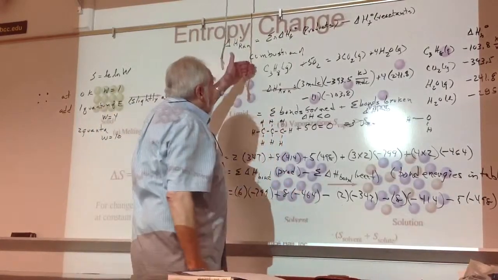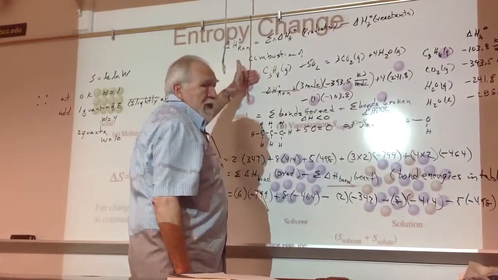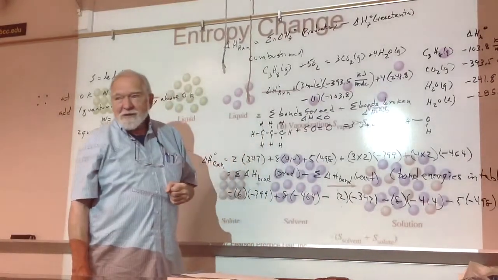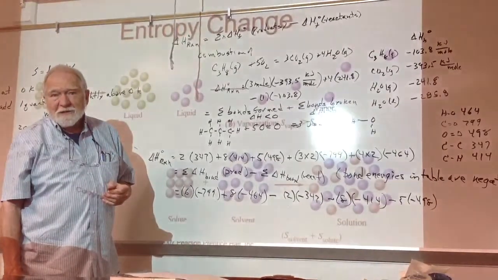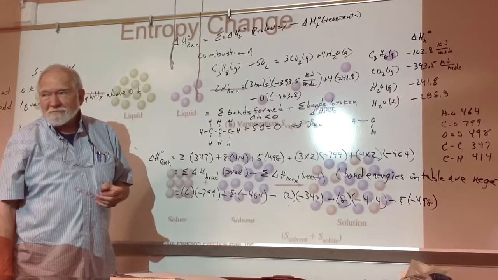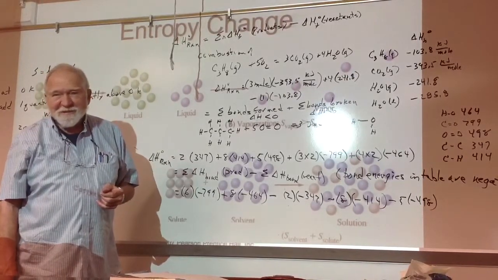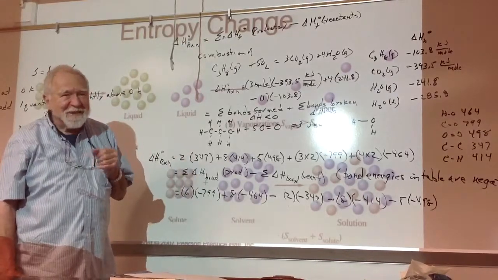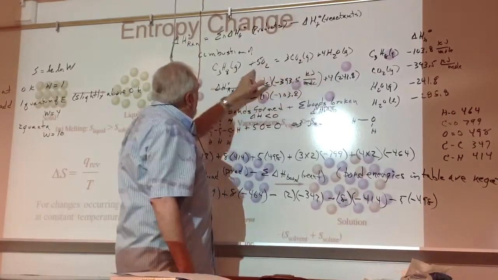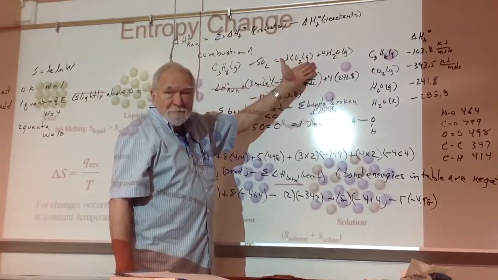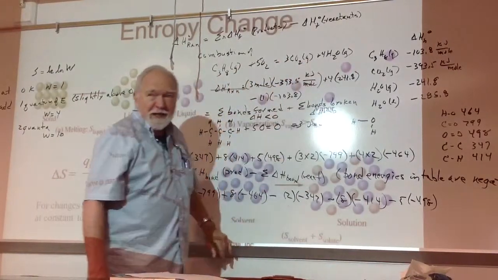Here's a reaction. Do I have a positive or a negative entropy change here? And the answer is nothing. Well, you have a 50% chance of guessing right, but you wouldn't know. Here I have 7 gas molecules, here I have 6 gas molecules. This must be more random or more disorganized than this, so it's a positive entropy change, just because I have more gas molecules.